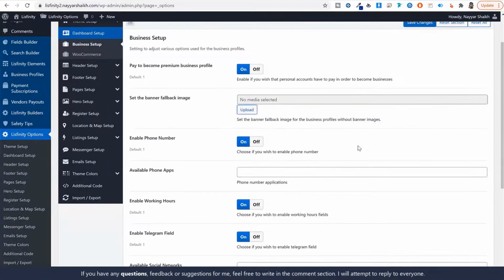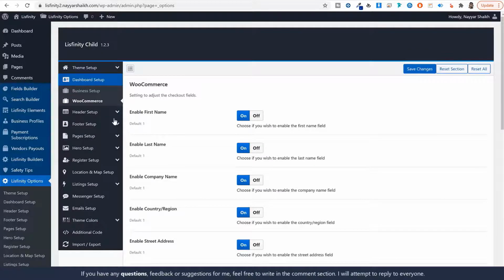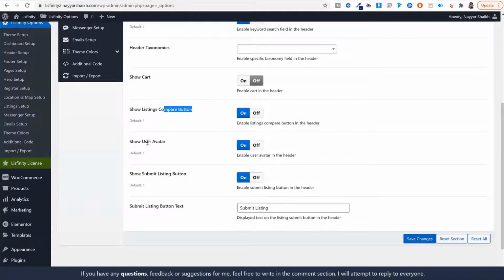Most of the times you don't have to do anything. I'm just saying that we don't want to miss any option. All right, header setup. So in the header, whether you want to display the compare button, whether you want to